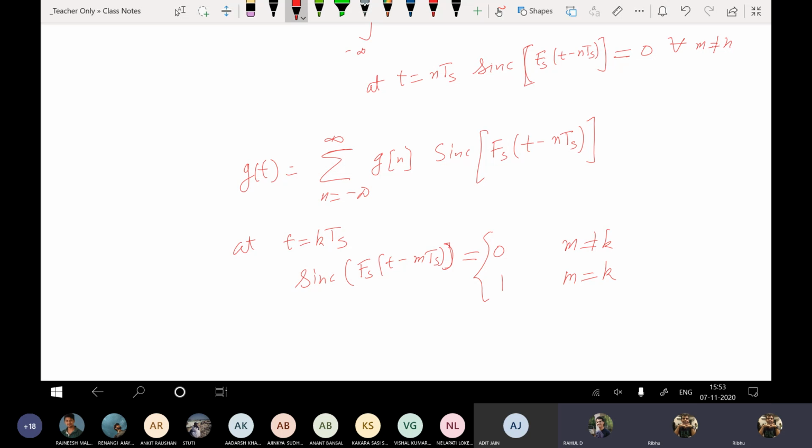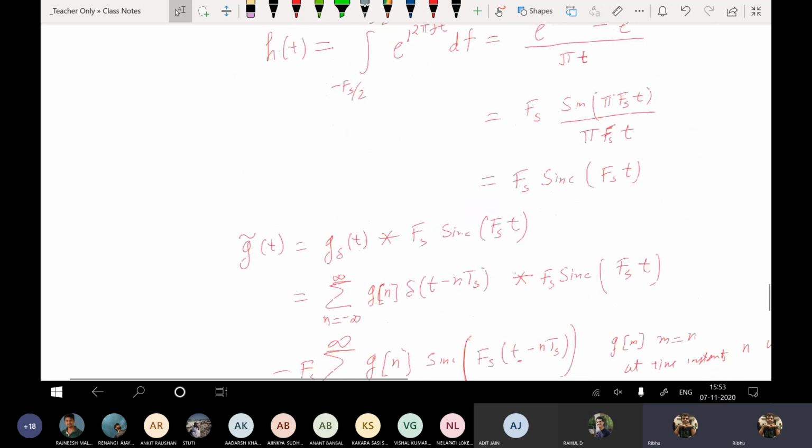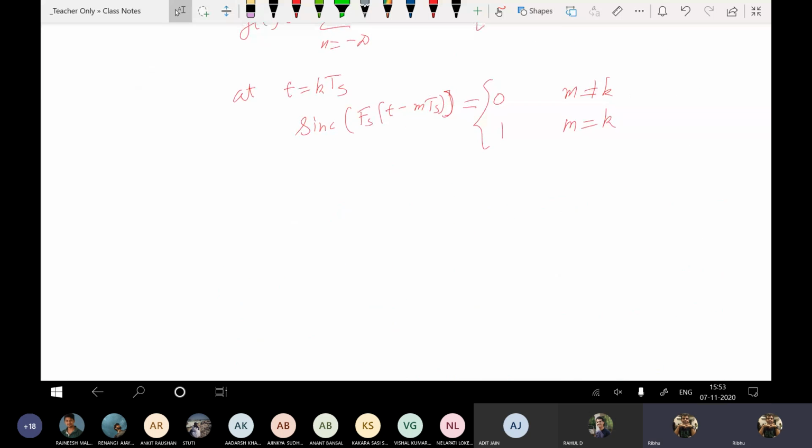And you can actually view the delta function as a limiting case of the sinc function as well, if you look at it carefully enough. Now based on this, so this is the basic discussion on sampling, but